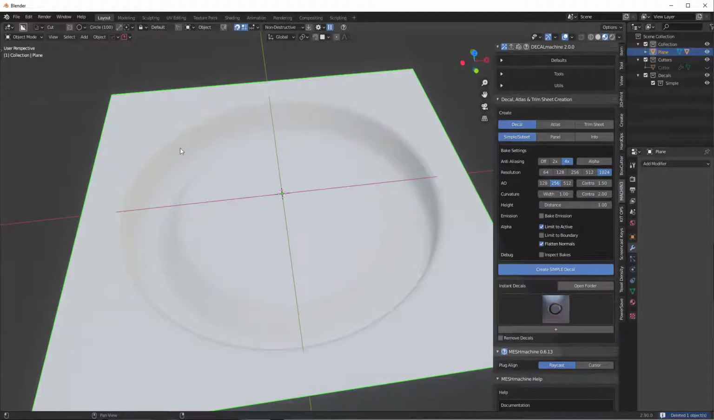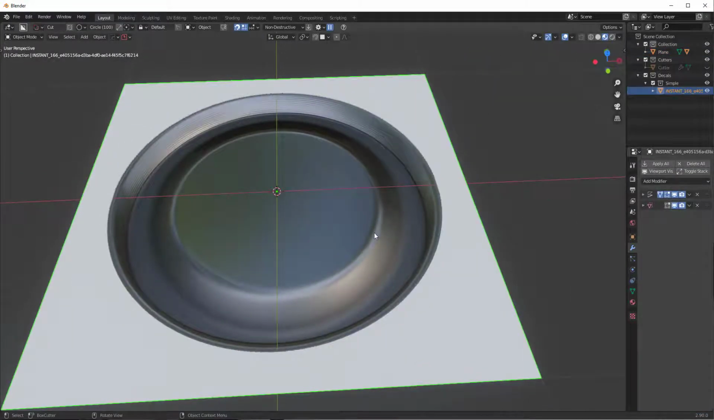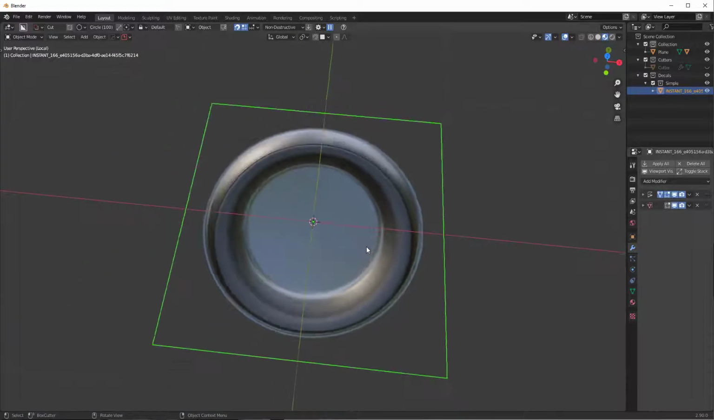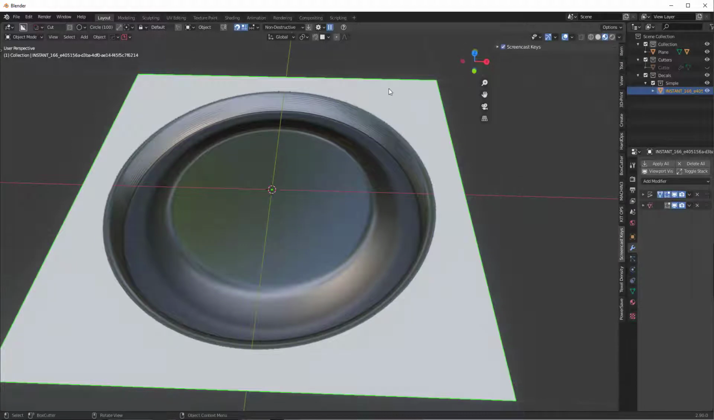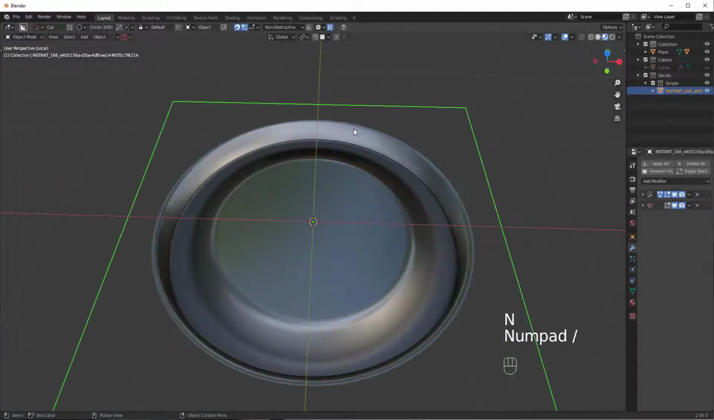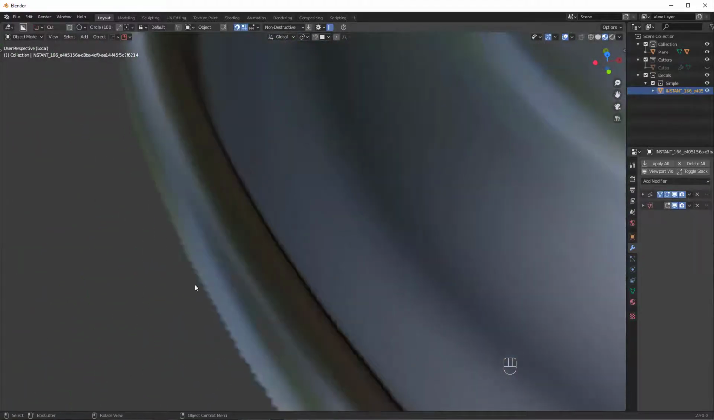Now I have a pretty fast machine, so it shouldn't take me too long, but still I'm going to pause the video here. So here's the decal. Took about 3 minutes or so to bake, but you're going to see the quality here is way cleaner. And by the way, once you're done baking, I would definitely suggest going into local view so you can see it, / on the numpad. Now we have a much cleaner decal, and the edges are a lot more smoothed out, as you can see,